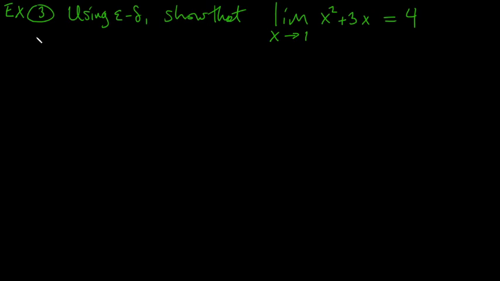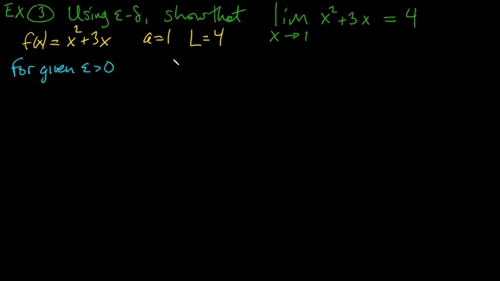Okay, so again, let's write down what we know. We know our function f of x is x squared plus 3x. We know our a here is 1, and our limit is 4, as you can easily verify. And so what we need to show is that for some given number epsilon, we need to find a delta, again, possibly depending on epsilon,